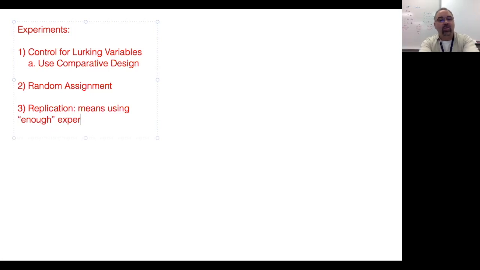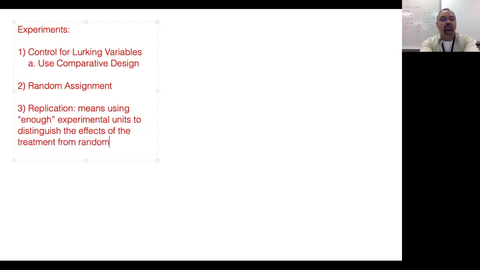Using enough experimental units to distinguish the effects of the treatment from random chance. Okay, so it's basically saying, if I were to do an experiment and I only use, say,